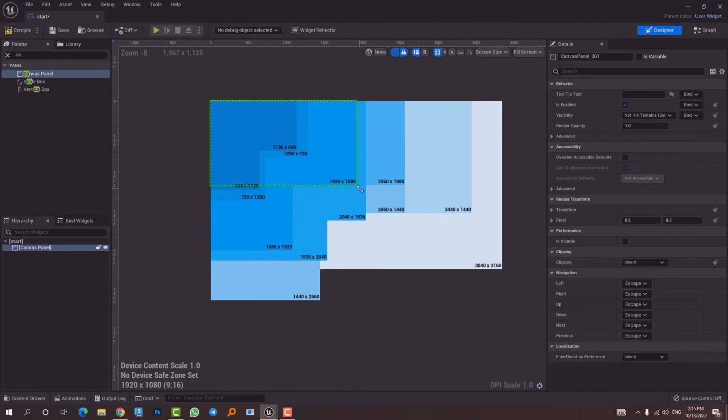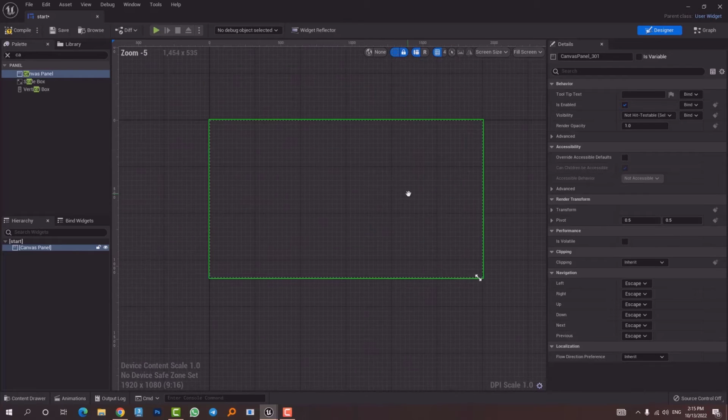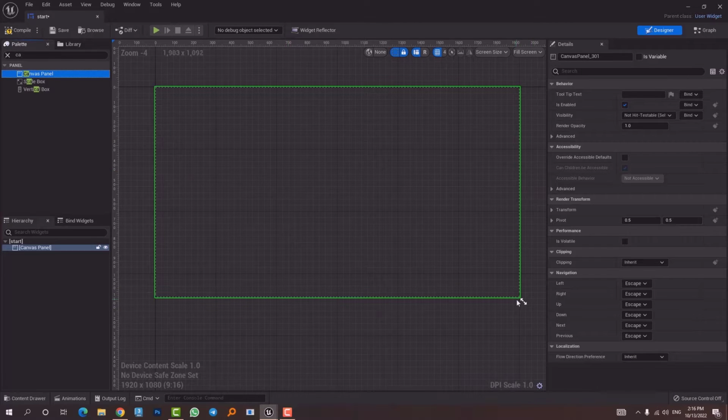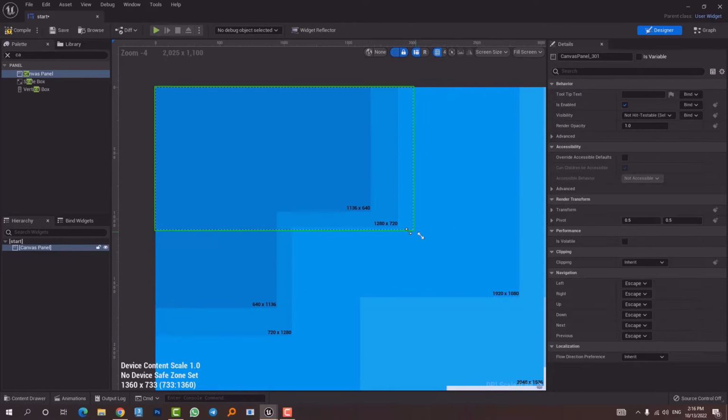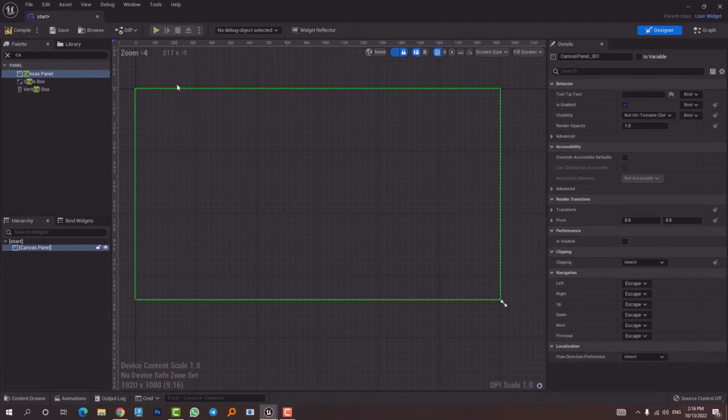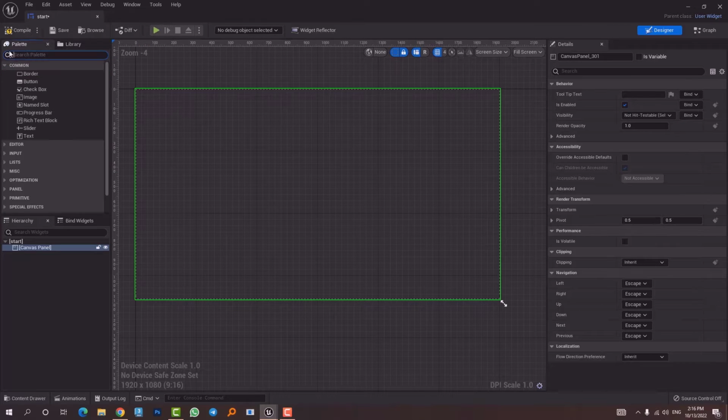Usually you don't really need to use that big of a size, and HD or full HD will be enough. I'm recording in full HD, and that is what I'm going to choose here. Okay, so I'm going to choose not HD, full HD here, this size. Okay, that's good. Now we have the main canvas panel ready,